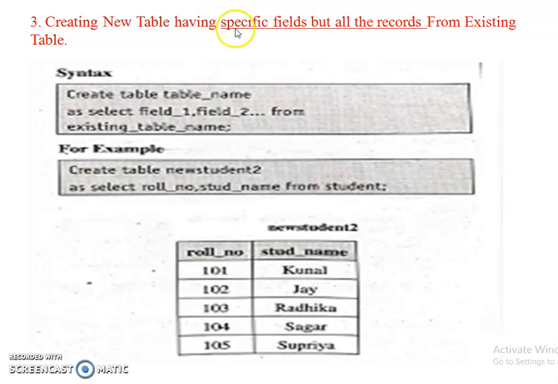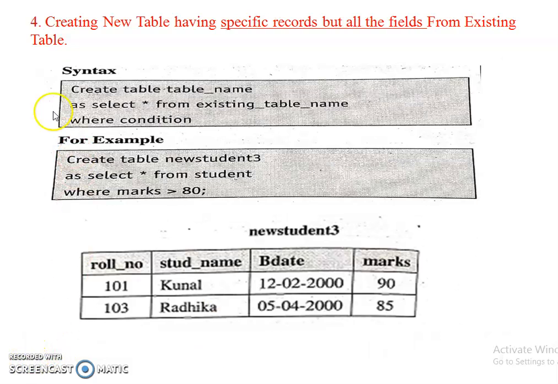In this table, we discuss specific fields but all the records. It means that you have to select either roll number, student name, marks, or either select roll number and student name. It means specific fields but all the records. Now we discuss the next type, that is creating a new table having specific records but all the fields from